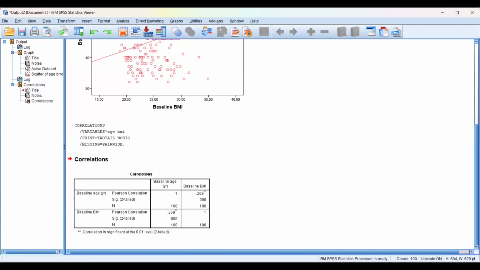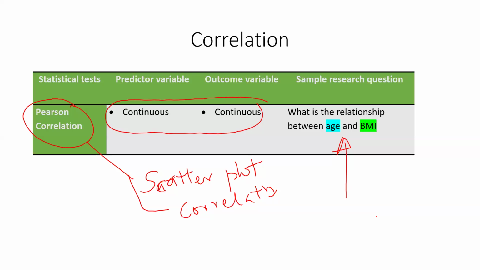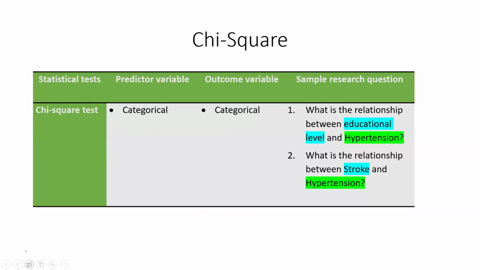Let me go back to the next slide to see our next research question. I think it's going to be the next research question. I think it is a chi-square. So let me just go to the next slide. Yeah, it's a chi-square. And for the chi-square, there are two examples there which I want to just write down